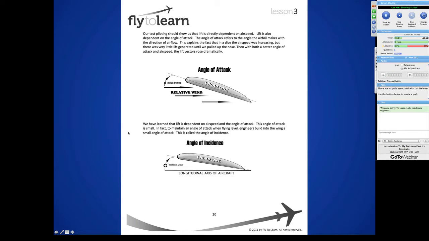And what we're really trying to get the kids to see is it's not only going to be airspeed, it's going to be angle of attack. So it's going to be airspeed as well as angle of attack. We'll get to angle of incidence in a moment here. But